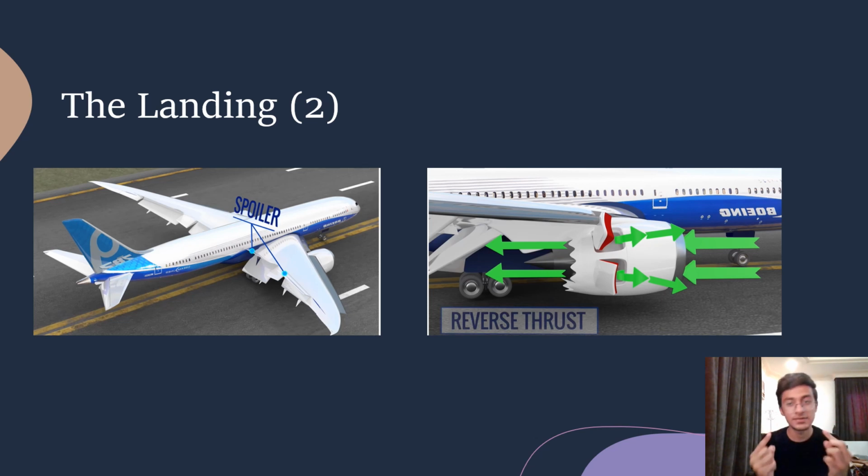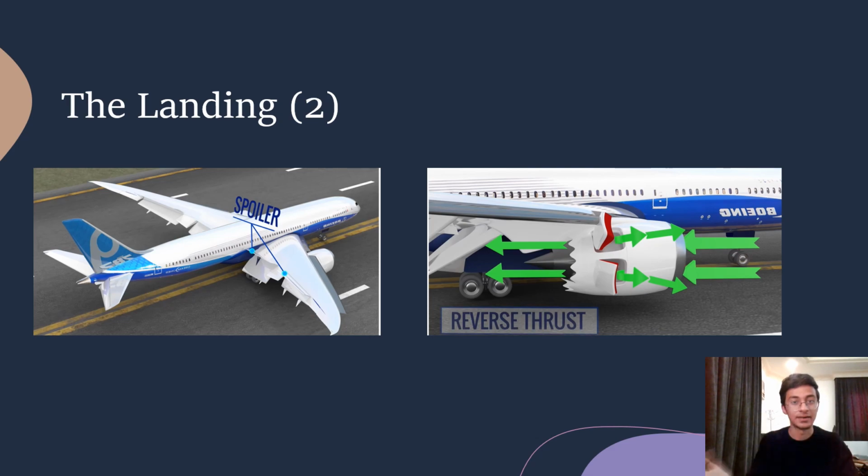Now, one last step the pilot takes is called reverse thrust. What happens here is the pilot opens the cover of the engines. So now the air which was going back is forced forward, which further increases the drag force, as you can see from the diagram here. By doing this, the pilot makes sure that the plane is stopped from a very high speed, and that's how